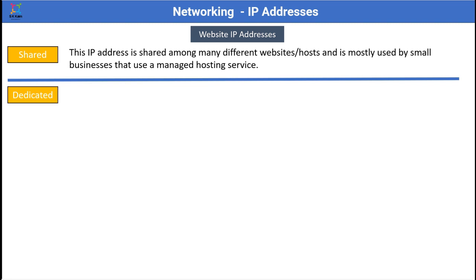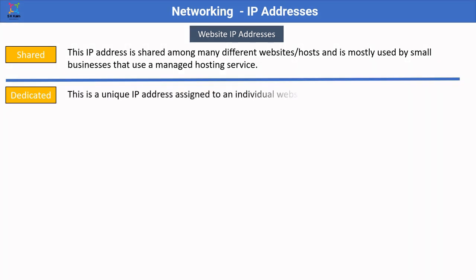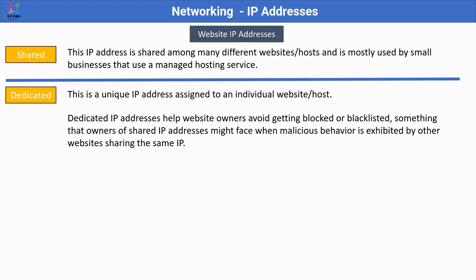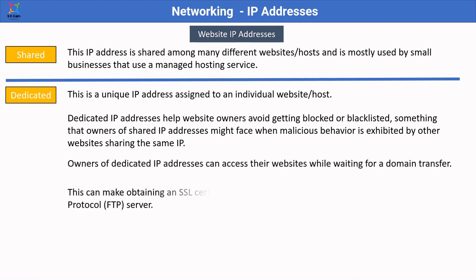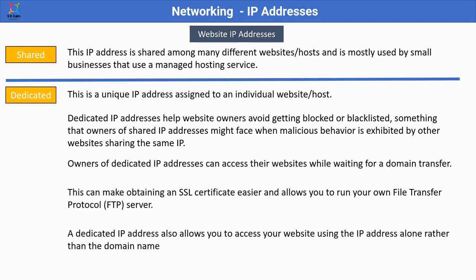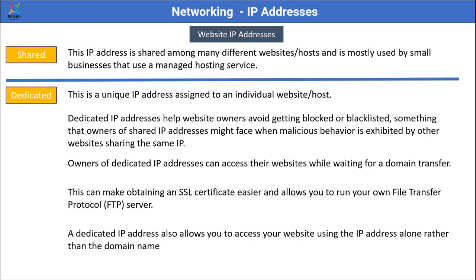The advantage of using a shared IP address is lower cost. We can host multiple websites using one single IP address. A dedicated IP means that a website has a unique IP address assigned to it. That IP is reserved for that particular website. The advantage of having a dedicated IP address is that your website looks more authentic. There are fewer chances that your website will be blocked or blacklisted. While in case of websites having a shared IP address assigned to them, if there is any problem with any of the websites or hosts which are using this shared IP address, that shared IP can be blacklisted, which means all the websites or hosts will be affected because of that blacklisting.